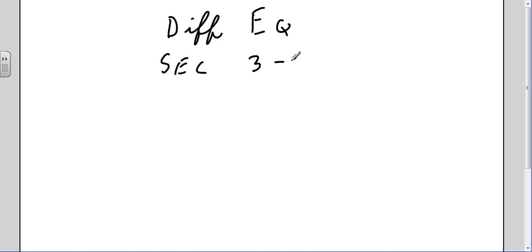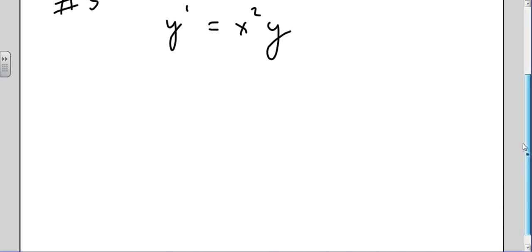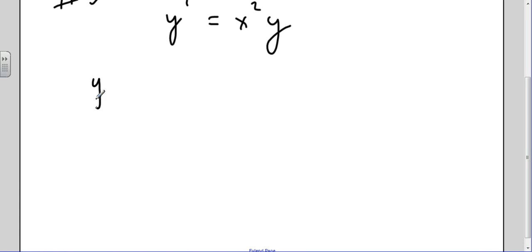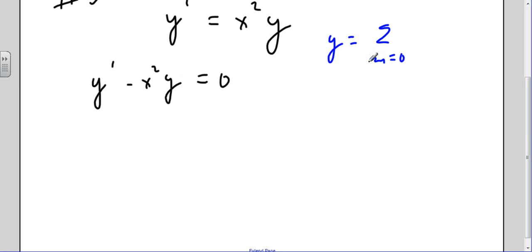This is a differential equation class, and we're solving a problem from section 3-1, and it's going to be problem number 5. It says that y prime equals x squared y. Now, because we're in section 3-1, we're going to write that y prime minus x squared y is equal to 0. We're going to remember that the series approximation for y is summation n equals 0 to infinity a n x to the n,